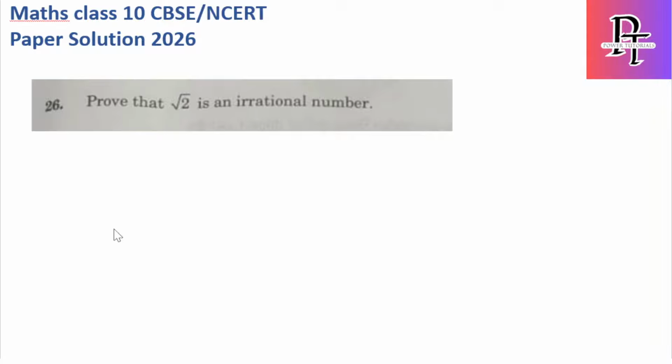The 26th question is the first one of this section. This question is the most repeated question in previous year question papers. If you have solved them, then definitely this question is there. How do we solve this type of question? First we have to contradict, that is, assume in the reverse way, and then prove that our assumption is wrong, then our solution will be fine. So for the first step, let us assume